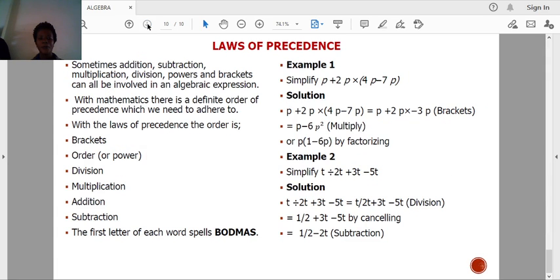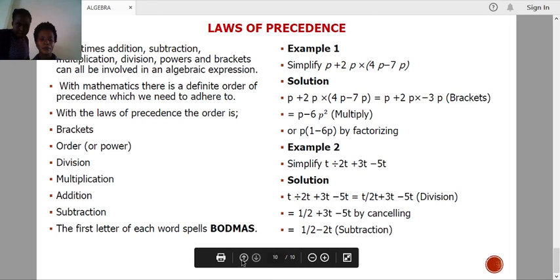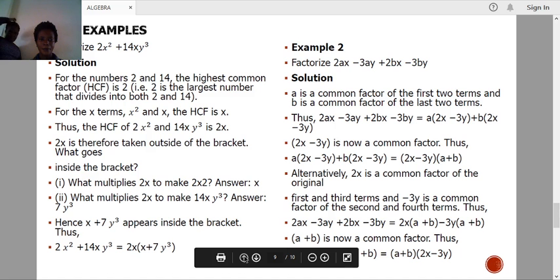Number 3. So now we have what we call BODMAS, which looks at the laws of precedence. In case we have an expression that has division, multiplication, subtraction, and powers, what do you consider first? So in case you have a bracket, it will come first. So if we have an example,